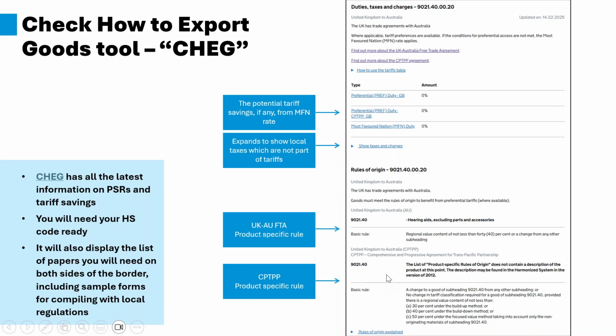Under that, you've got another set of rules under the CPTPP agreement, which offers you a selection of different methods of meeting requirements. So based on which rule makes the most sense or is easier to meet, pick the one that you want and declare under that particular method. They will have different templates that you can use for declarations, so make sure that you are picking the right one. But the end result is the same. Both sets of rules should allow you to enjoy 0% tariffs if you meet those rules.